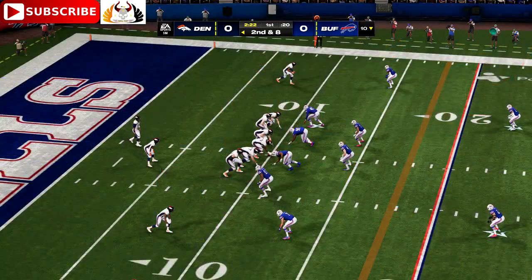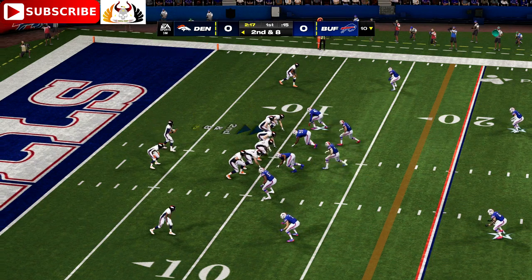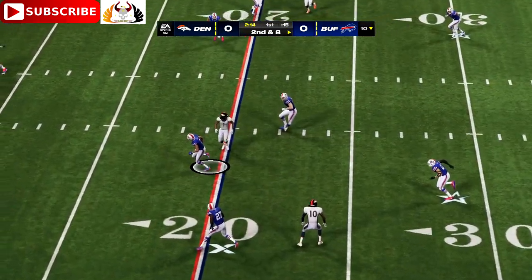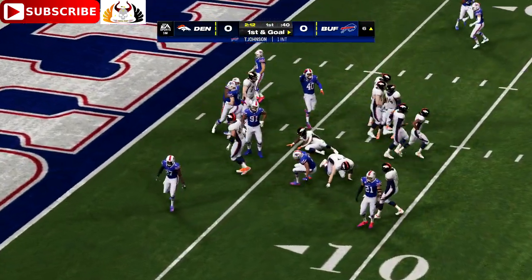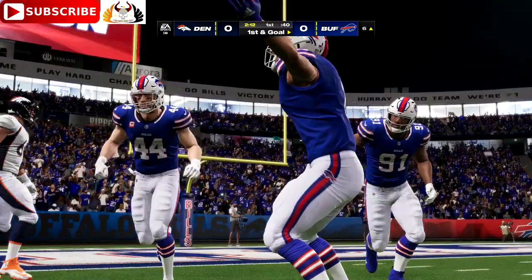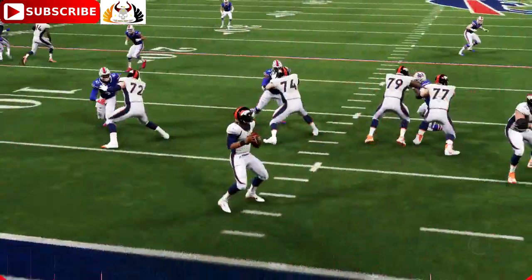This is 2nd and 8. Now Wilson. They're going for Hamler, but this is intercepted. Teron Johnson able to pick it, and he'll be down at the 6-yard line. It's such a costly interception, nearly a pick six, but now they're so close they are knocking on the door